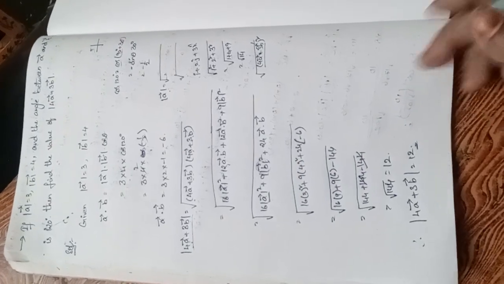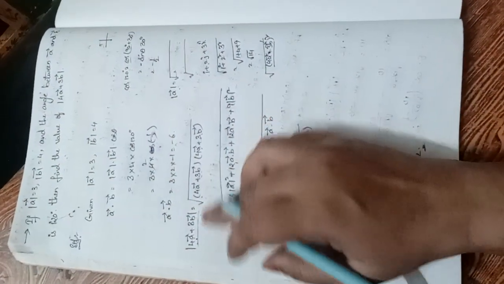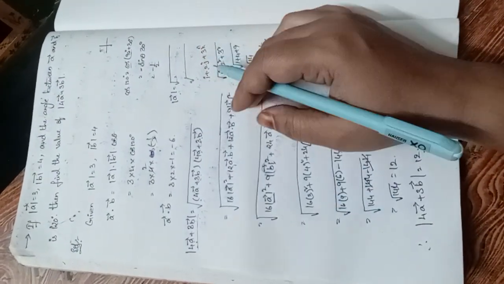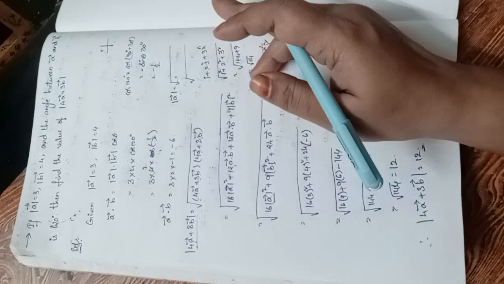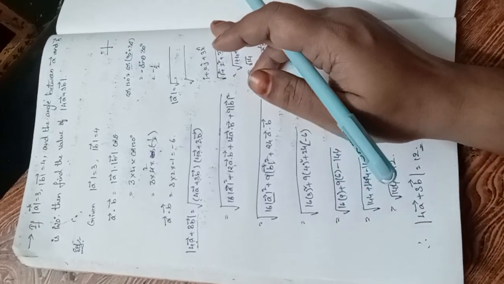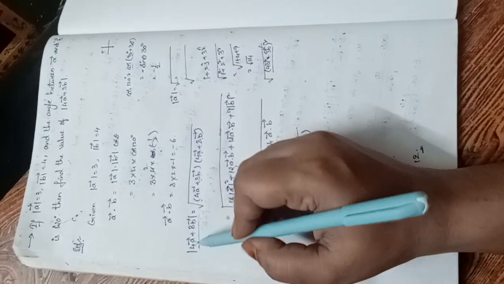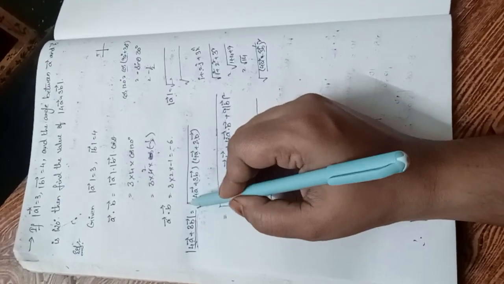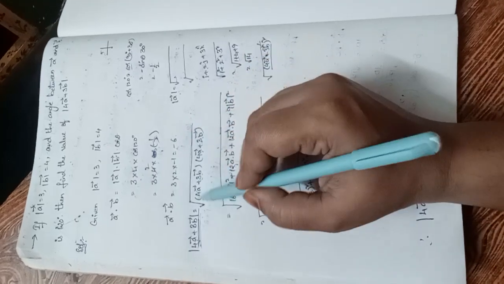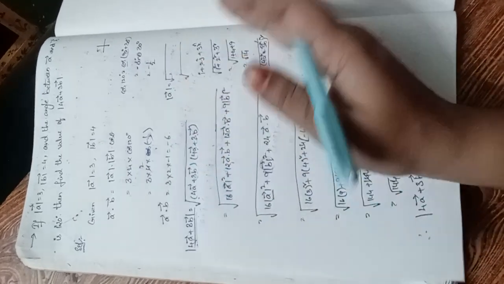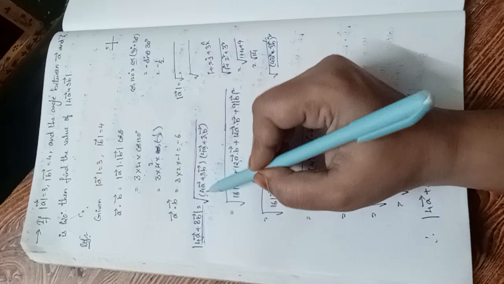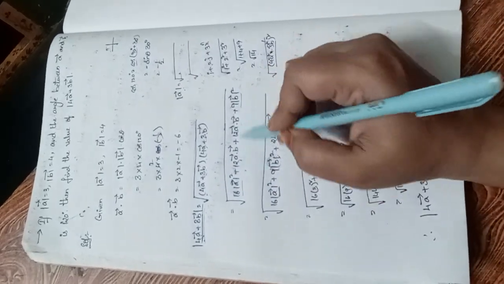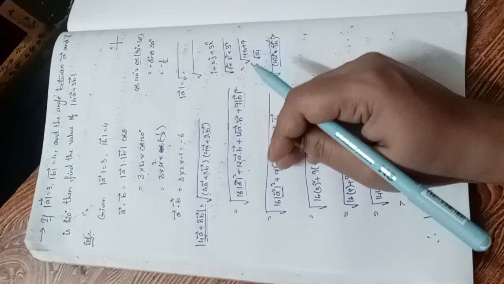Understood? Why did we do this? Understood? Here we do not have any vectors like i cap, j cap, k cap; that is not given in this question. So how to find the value for this? What we did is, magnitude means we use the square root and the squares of the coefficients and the sum of them. So the same way we are doing here also. See, squares, and here the 2ab formula.